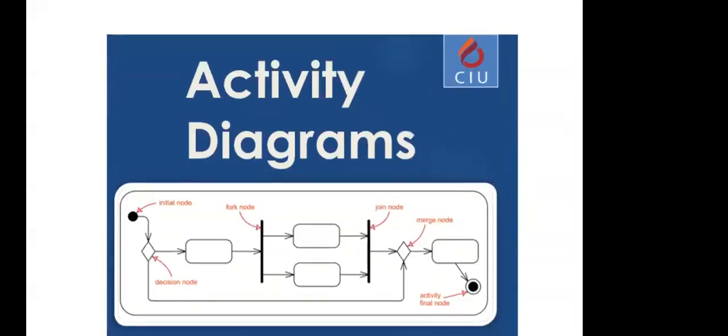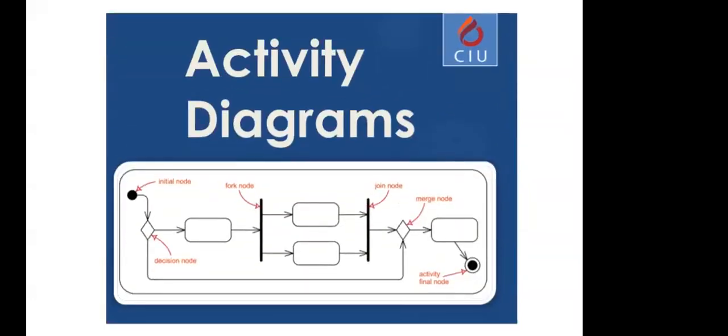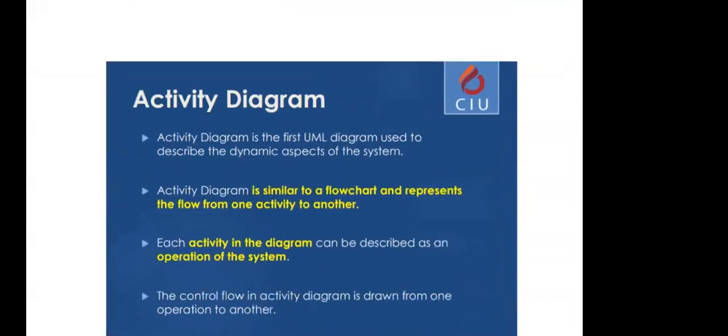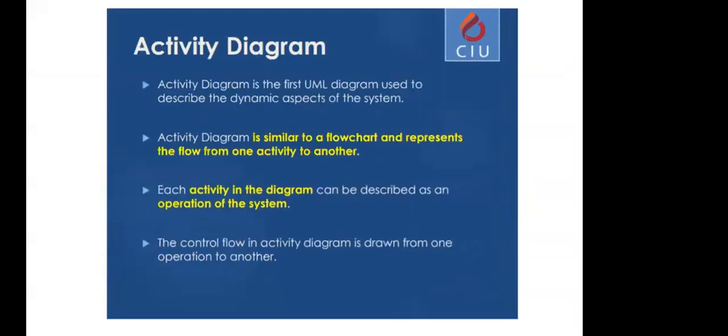The first diagram on the list that we're going to cover today is the activity diagram. Let's look up what the activity diagram is. Activity diagram is the first UML diagram used to describe dynamic aspect of the system. It is similar to a flowchart, as I told you, and there's a start and there's an end to it. And just like in the flowchart, it goes from one activity to the other. It does even have gateways where you come to a decision point, just like an if statement, and it can